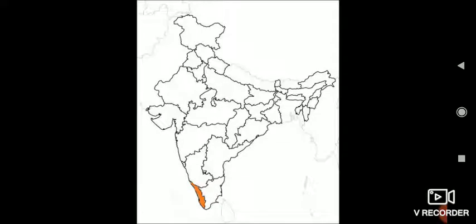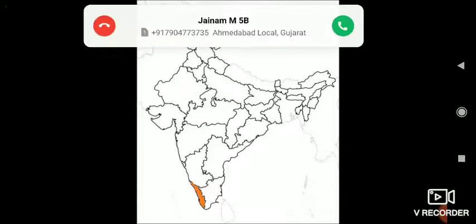And next we have laterite soil. So laterite soil is found in the states Karnataka, Kerala, Tamil Nadu, and here it is good for the cultivation of tea, coffee, cashew nuts. Okay, and this soil is not much fertile. So laterite soil, I have shaded the state Kerala using orange color. You can also shade in the same way.